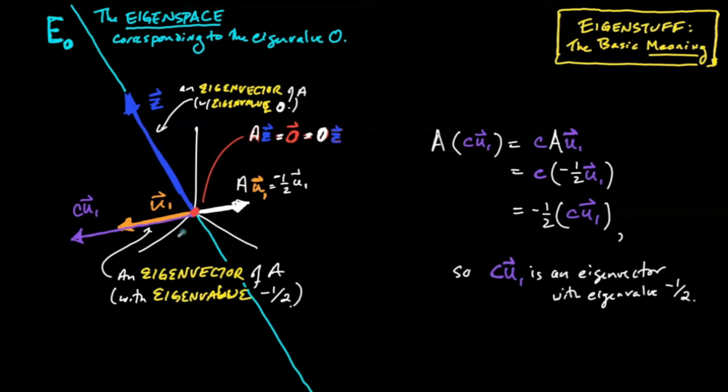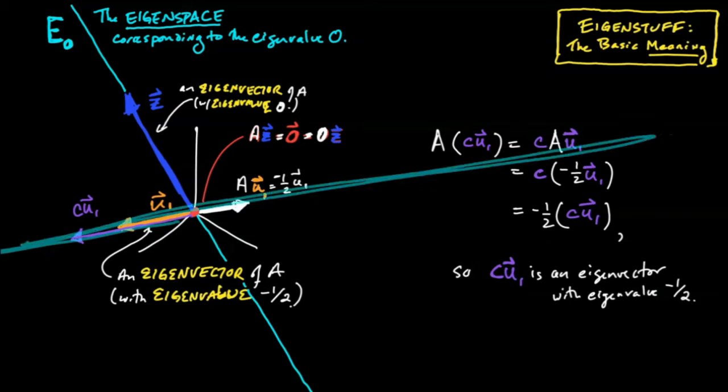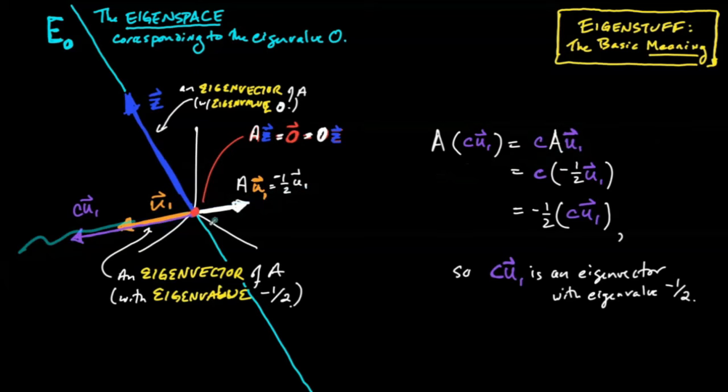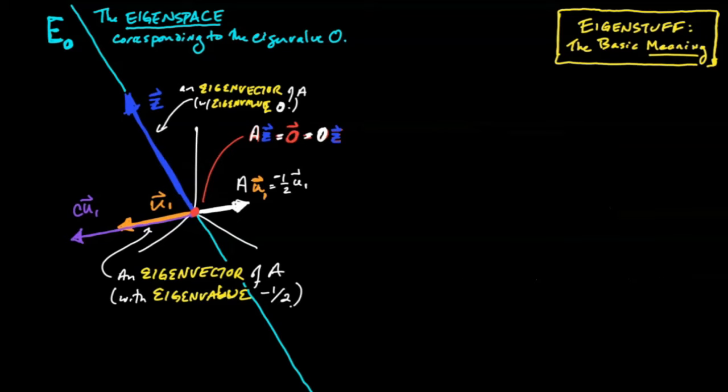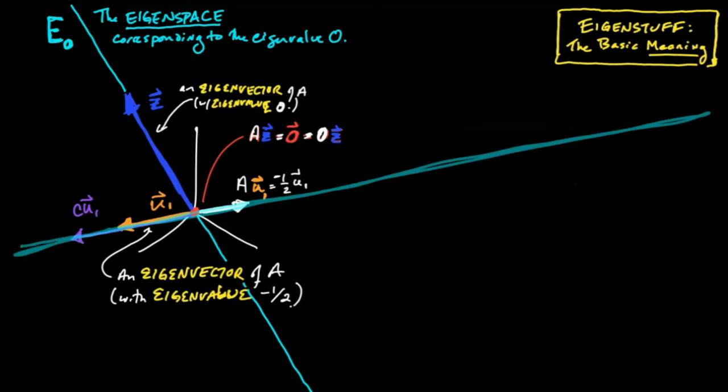Good. So that means that every point on that line that contains u1, our known eigenvector, is also going to be an eigenvector of A with the exact same eigenvalue, minus 1/2. Again, strictly speaking, the 0 vector is not an eigenvector, but we're ultimately going to throw it in with all the eigenvectors to plug the hole and fill out an entire eigenspace. But wait a second. Okay, so all those vectors are going to be eigenvectors with eigenvalue minus 1/2. But could there be some other ones?